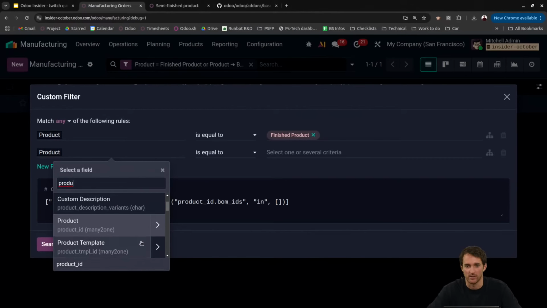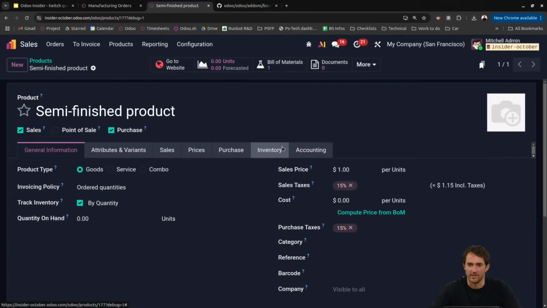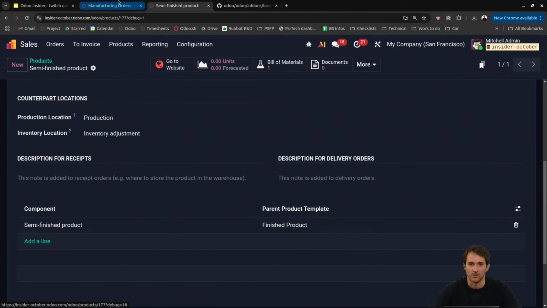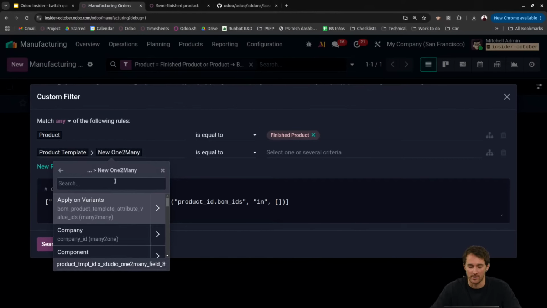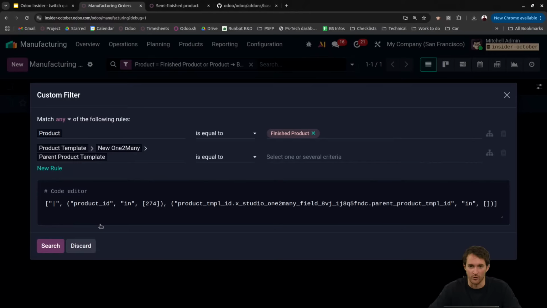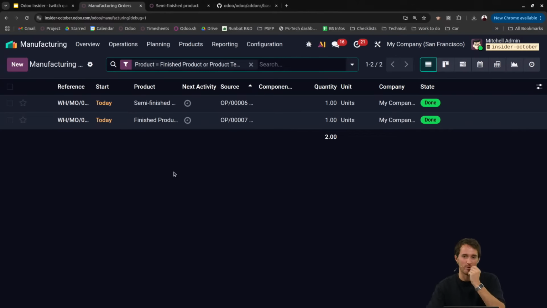I think we can do it. Or yes, a product template now, which has, let's say, a field that actually I did not give a name, but it's something like studio. Yes, this one, and then here my parent product template, which should be finished product. Good. Okay, so we might manage to do it. So here what I did